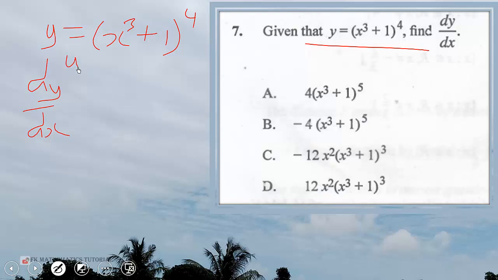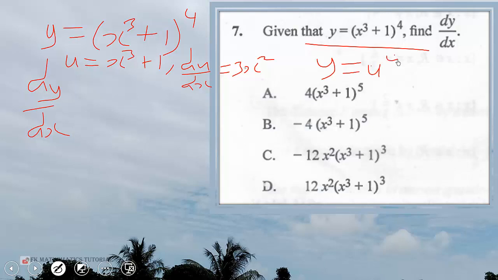Let u is equal to x cubed plus 1. Then du dx will be equal to 3x squared. Now if that is the case, if you let u equal this, then it means y is now equal to